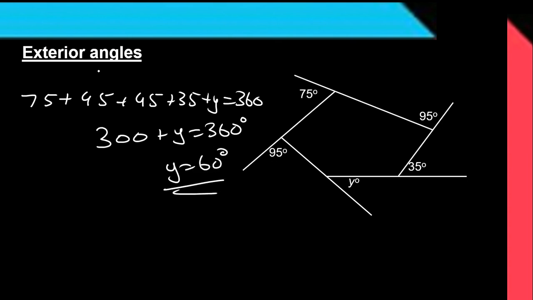Some people prefer the exterior angle rule because I can work out any of my interior angles because they are all on a straight line with the exterior. So for example, if this is 95, this is 85. If this is 75, this is going to be 105. If this is 95, this is 85. If this is 35, this is 145. And if this is 60, this is 120. So interior and exterior are actually on a straight line. If we want to